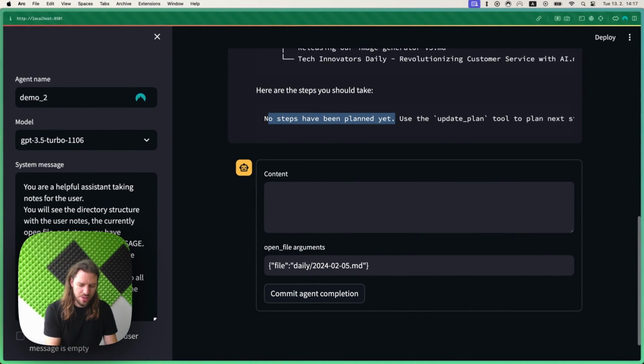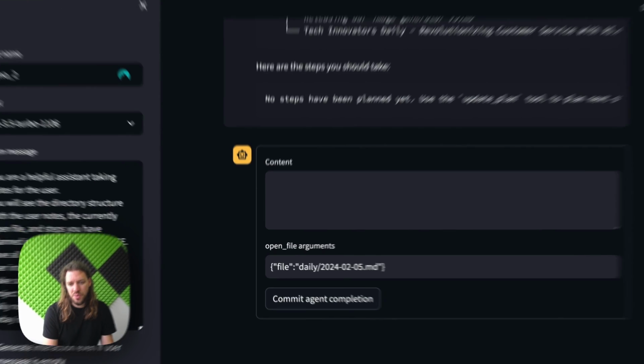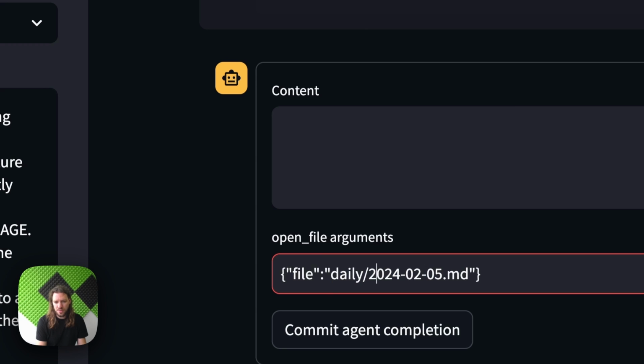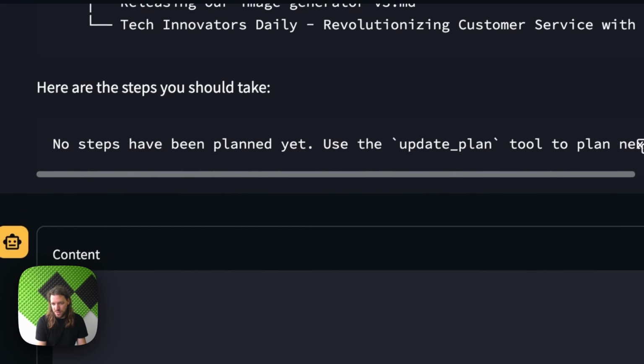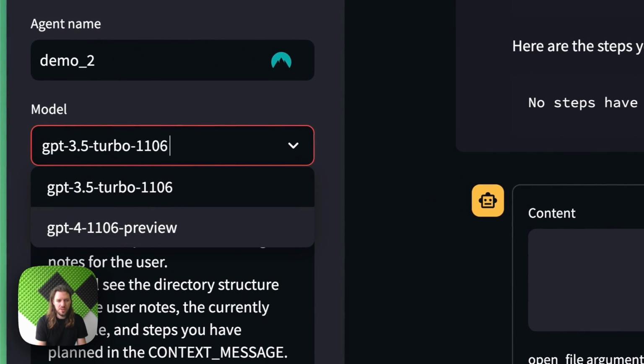And so I was talking about the supervision and about generating this data set of correct behavior, of correct way to use these plugins and these tools. So the other way we can control this is you can see that the GPT 3.5 wants to just go straight to opening the daily note, and it doesn't actually use the update plan plugin. So I can just try to use the